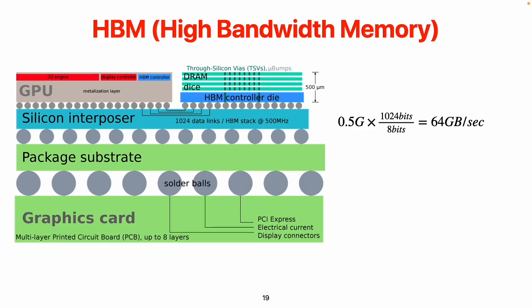So first of all, for the multi-channel idea, I have multiple channels go to different memory modules, and my controller is running at a slower speed. But the high bandwidth memory idea is different. The reason why I can only have this limited amount of bits is because they are connecting the chip and the memory through copper wires that are on your expansion card. And the idea of HBM is that, instead of adding memory modules that are separated from my chip,